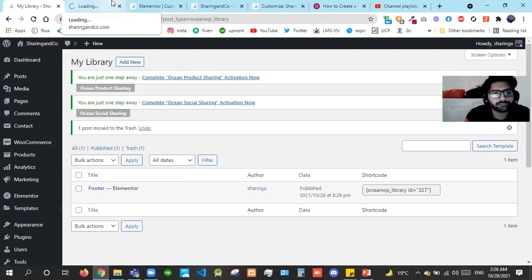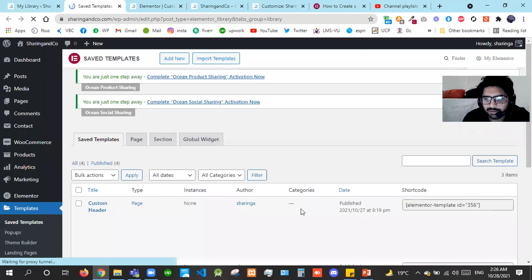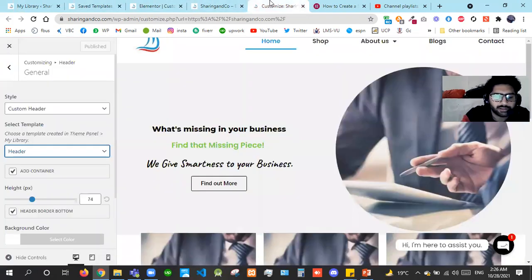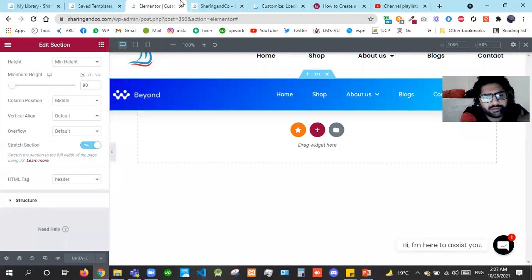So now I'll go into this save templates and yes. I'll just refresh this. It should also show me this template, but if it is not showing in the save templates, we can